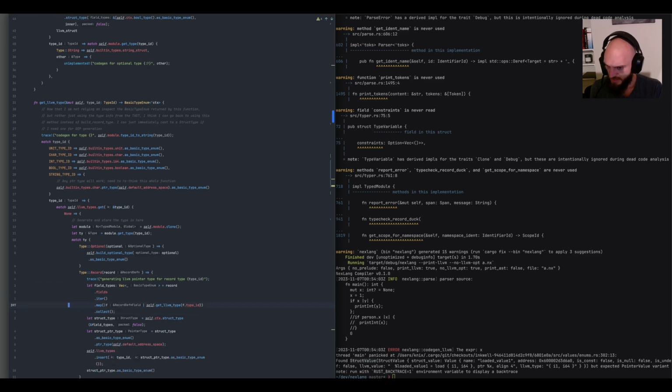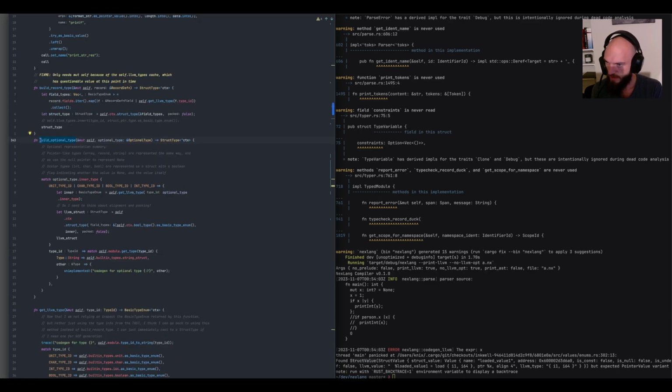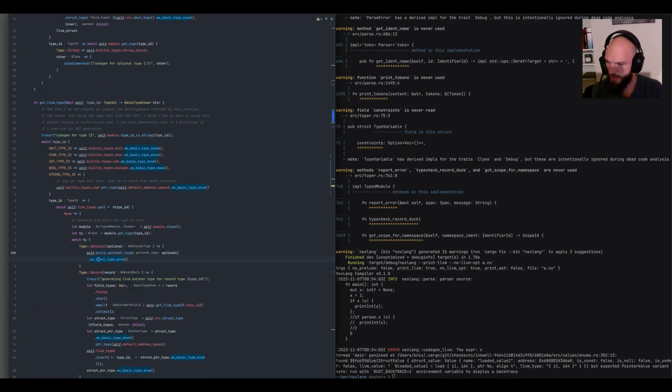And I was realizing that I'm returning the struct representation of my optionals here, but while that is the type of their struct representation, what I should be returning here is just a,